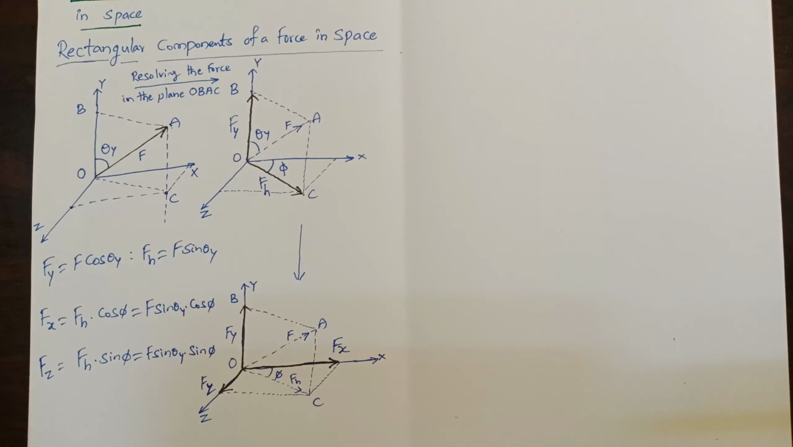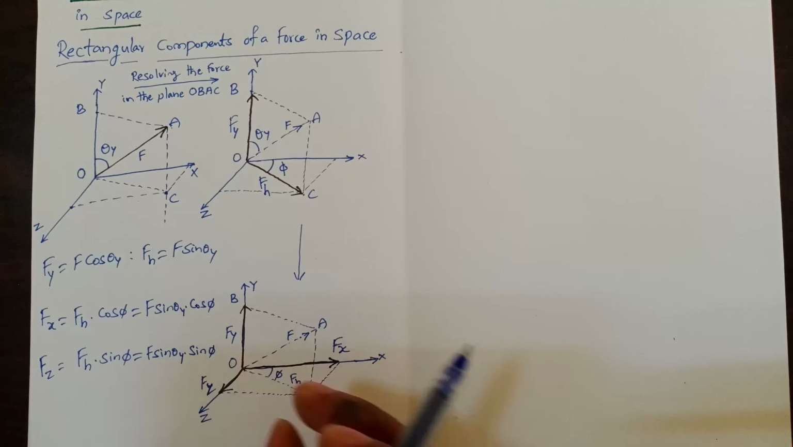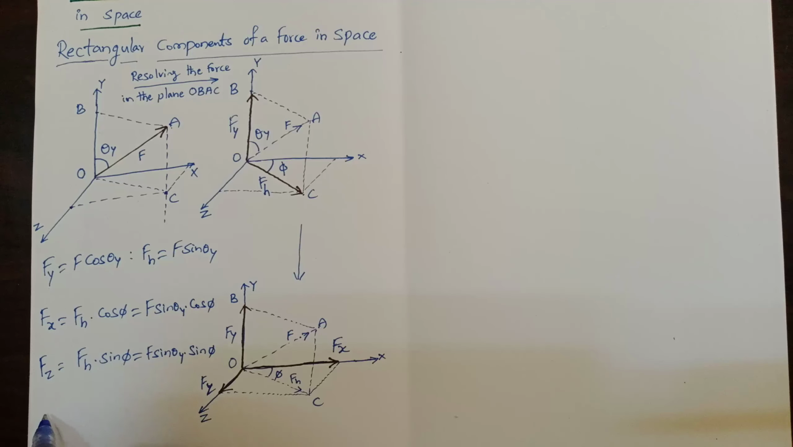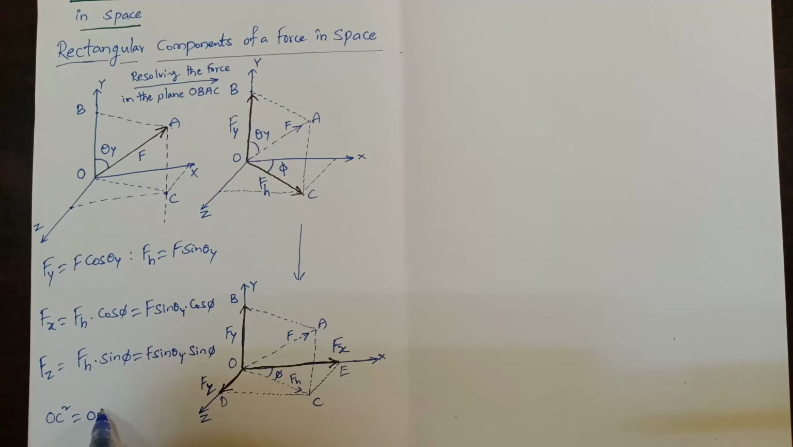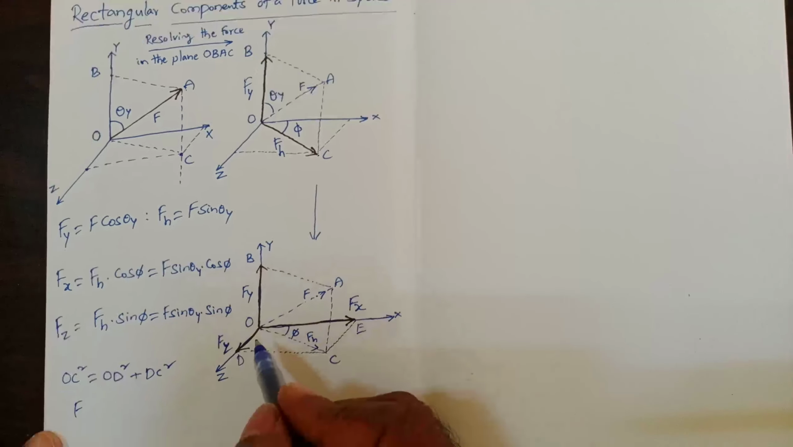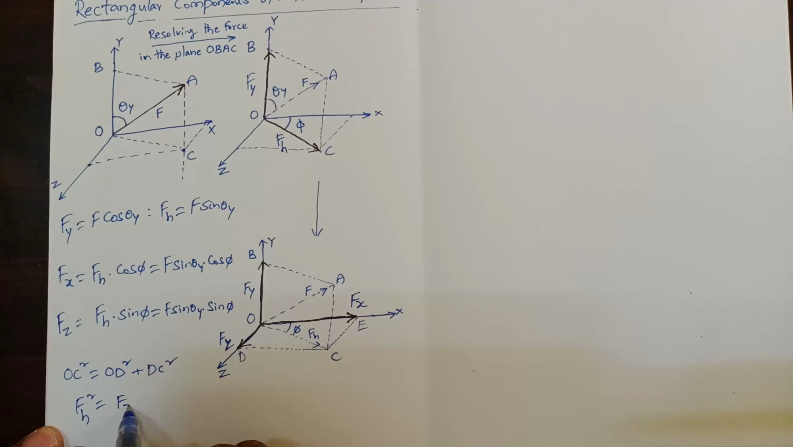Now we consider this Fh square, because this is Fh, this is Fx and this is Fz. So we can write OC square is equal to, if you name this one OABC, this has some D point here, this has some E point here, then OC square is equal to OD square plus DC square. This is a right angle triangle. So OC square is equal to OD square plus DC square, and OC square means nothing but Fh square, and OD square, that is equal to Fz square, DC nothing but